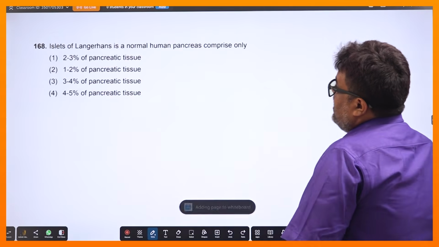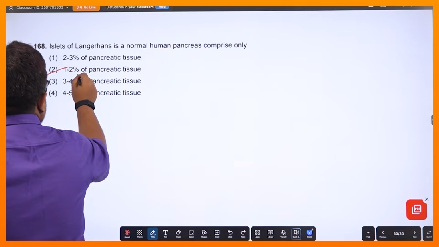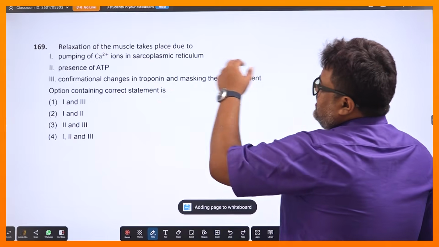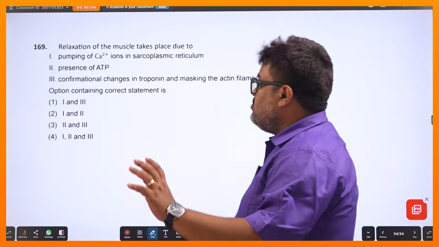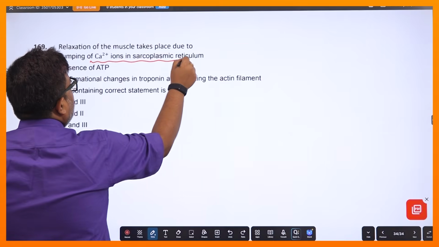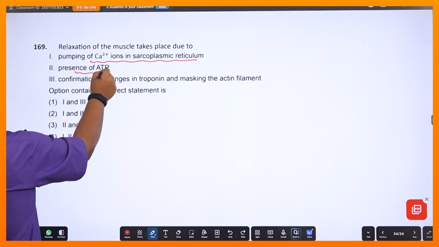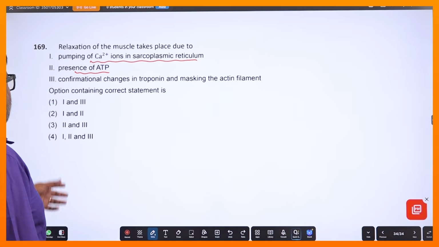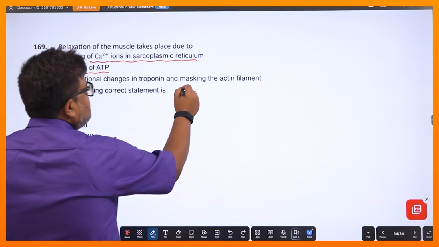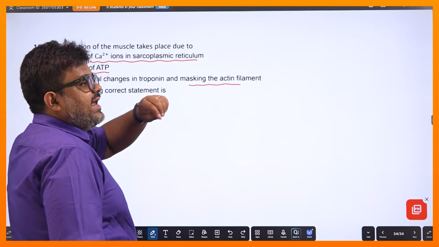নেক্সট, islets of Langerhans, normal human pancreas, NCERT line 1 to 2% of pancreatic tissue, NCERT এর মধ্যে পরিষ্কার লেখা আছে। আচ্ছা, রিল্যাক্সেশন অফ মাসল টেক্স প্লেস, এটা আমি একটু ছোট্ট এক্সপ্লেন করব। অবভিয়াসলি তোরা জানিস ক্যালসিয়াম আয়নটাকে পাম্প করবে ইনটু দ্য সার্কোপ্লাজমিক রেটিকুলাম, আর অবভিয়াসলি এটিপির দরকার পড়বে, এবং ট্রোপোনিনের তো কনফরমেশনাল চেঞ্জেস হবে অ্যাজ আ রেজাল্ট অফ মাস্কিং, অ্যাজ আ রেজাল্ট অ্যাক্টিন ফিলামেন্টটা আবার মাস্কড হয়ে যাবে, মানে ট্রোপোমায়োসিন গুলো আবার অ্যাক্টিভ সাইটগুলোকে ঢেকে দেবে।